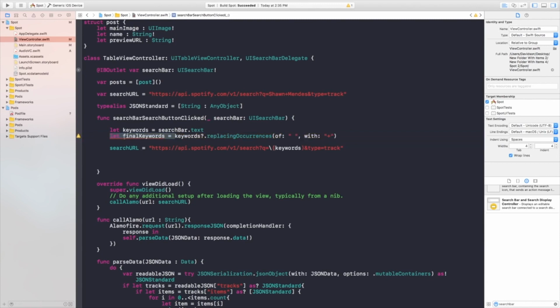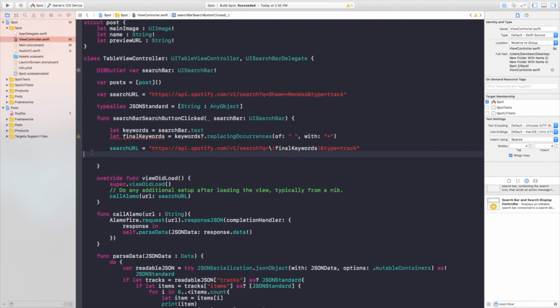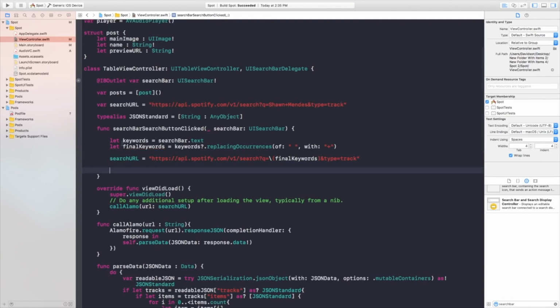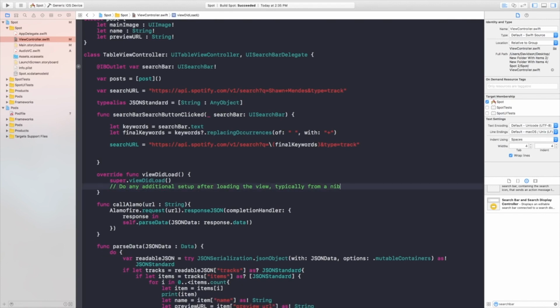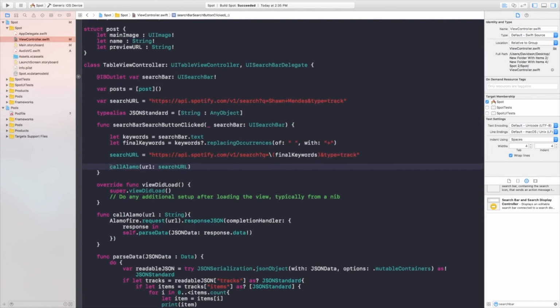Now we have these final keywords, so we're just going to plop that right into there. And voila, now we have it all working with our search URL. And then now that we have our search URL, as you can see down here inside of our view.did.load, we have call Alamo with the search URL. Now, if you want it to be automatically searching for Sean Mendez when your view loads, that's up to you. But I'm going to copy that, delete it from my view.did.load so it's not called in the view.did.load. And then I'm going to paste this right down here, so that we're calling AlamoFire when we click